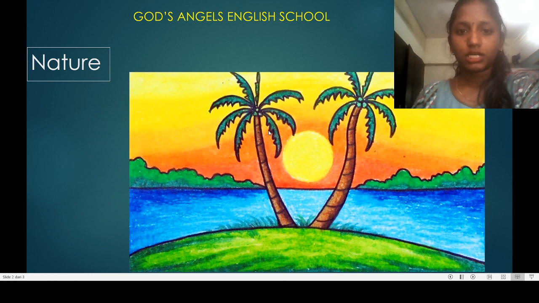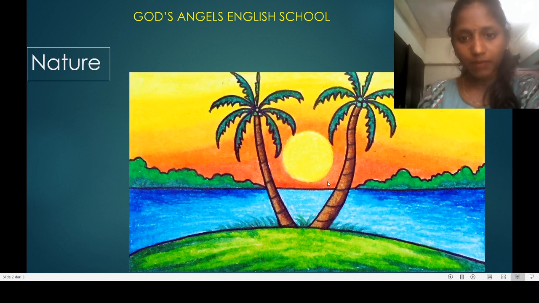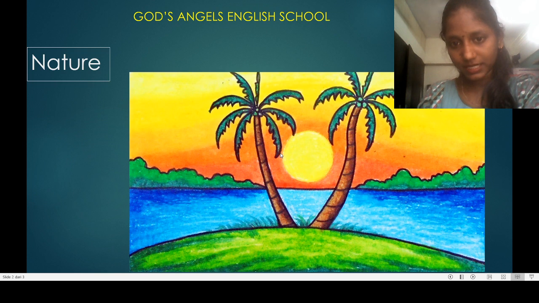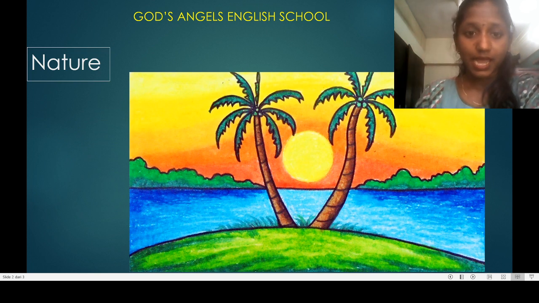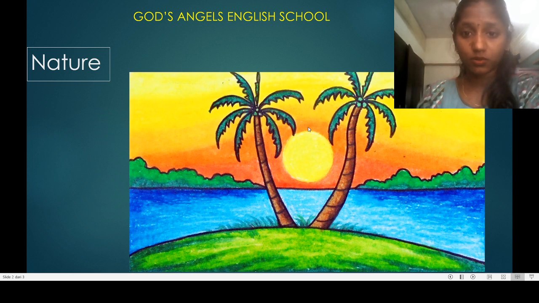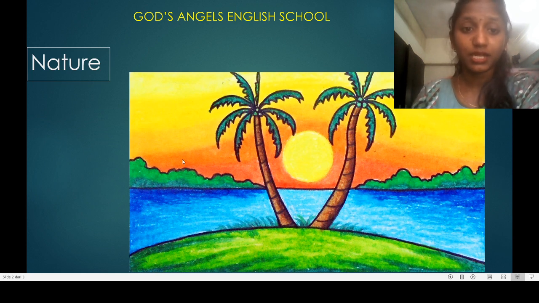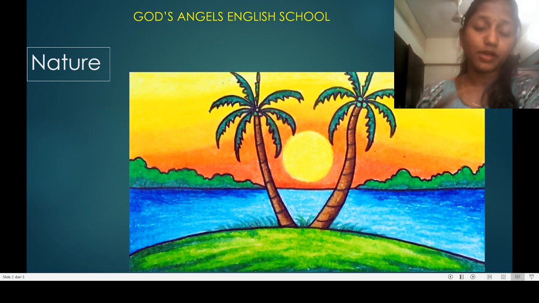And now for the sun, the sky and the sun. First, it obviously goes yellow, and on the below of that sun, you can see this half part is looking red. So you will use this red color and you will rub it with your hands, and on the above half of the sun you will use the yellow color, and the rest you will use your orange color, and above that orange color you will use yellow color again, and you have to rub with your hands. After this, you will color the coconut tree.